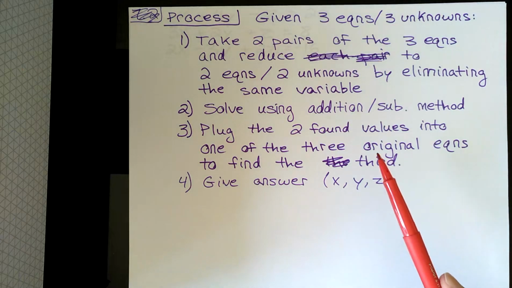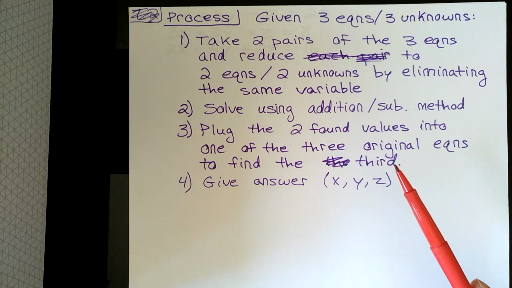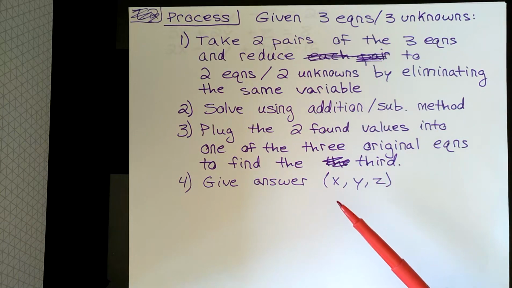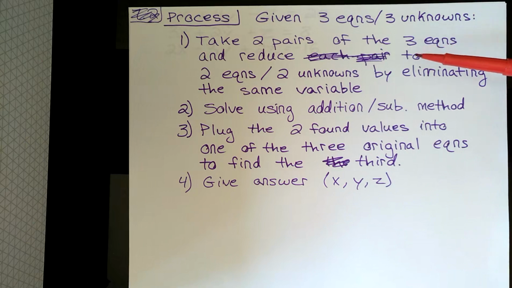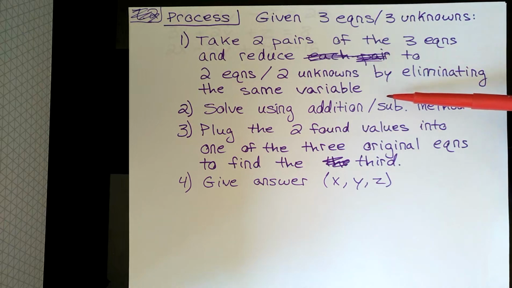For this section, we're going to be talking about solving when you have three equations and three unknowns. So, the process says that the first thing that you have to do is take two pairs of the three equations. So, for instance, the first and second, and then the second and third equations. And you want to reduce them to just two equations with two unknowns by eliminating the same variable from each